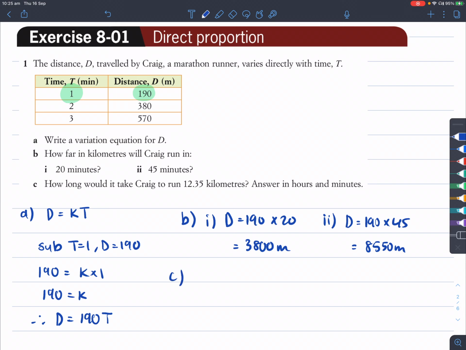For part C, how long would it take Craig to run 0.35 kilometers? This represents our distance here, so we're going to substitute in the distance as that value there. That means we'll get 12.35 equals 190t. To solve this equation, we have to divide both sides by 190, so that t goes by itself. Now when you do 12.35 divided by 190,